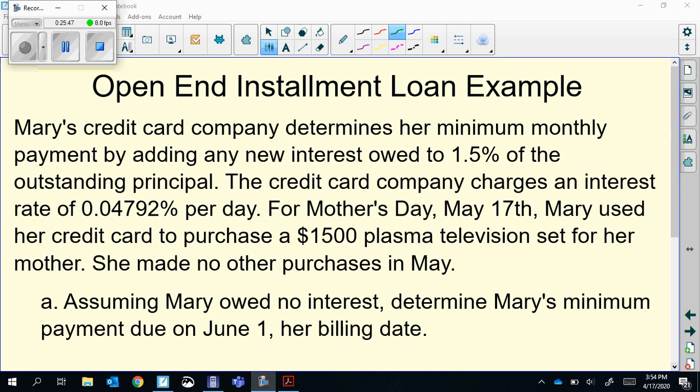All right, so we're going to look at a credit card example, an open-end installment loan. So Mary's credit card company determines her minimum monthly payment by adding any new interest owed to 1.5% of the principal. And then they charge a per day interest rate. So on Mother's Day, May 17th,